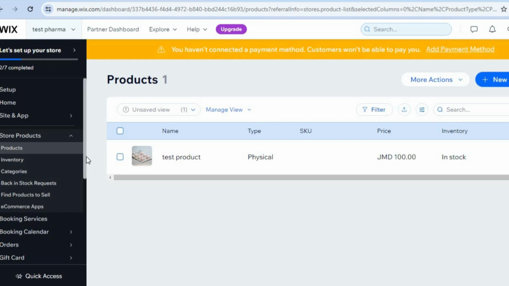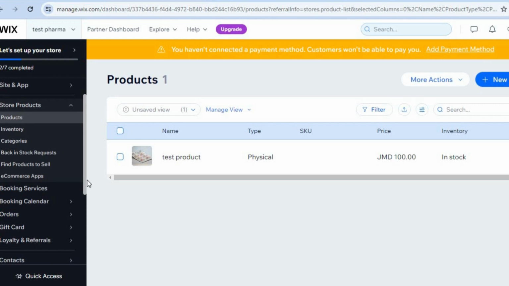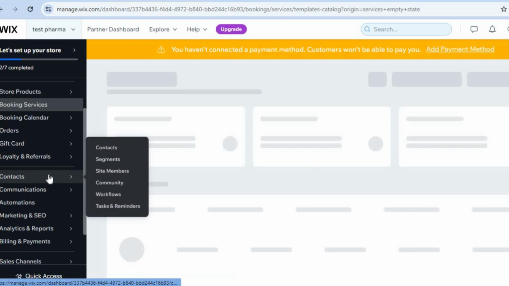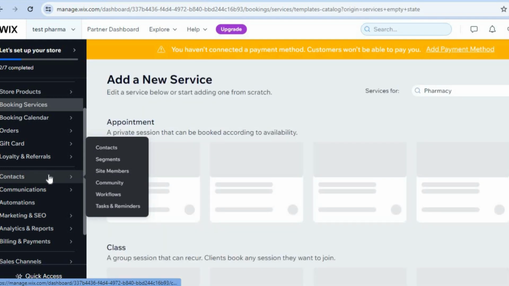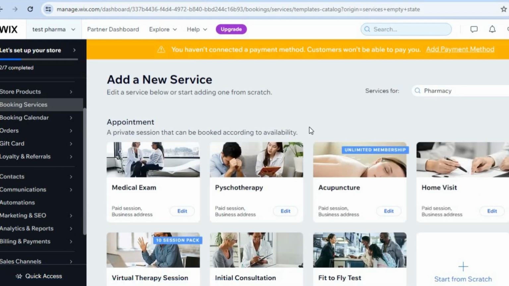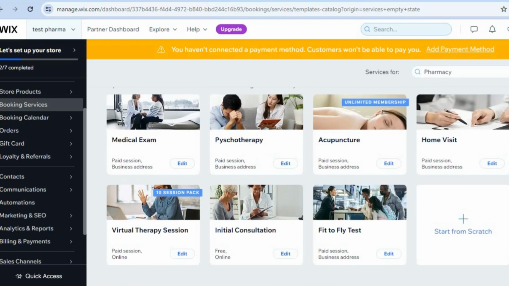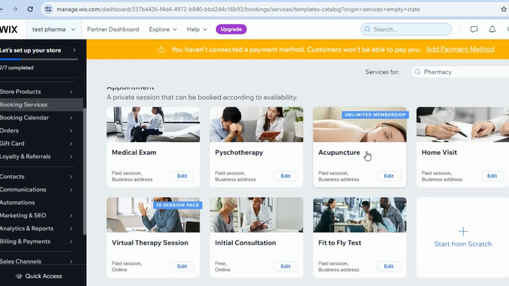And another thing that you can also do, by going over to the left hand menu option, you could tap on booking services. After selecting booking services, you will be redirected to this page. Once on this page, you can see right here some typical services that Wix assumes is offered by a pharmacy. So you can see them right there. So for example, if you offer consultation, virtual therapy, or any one of these, you can simply select the service